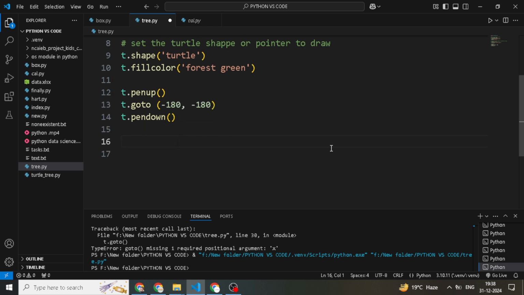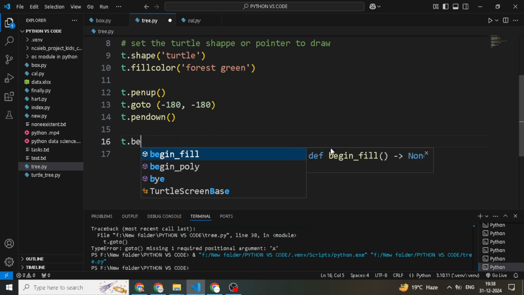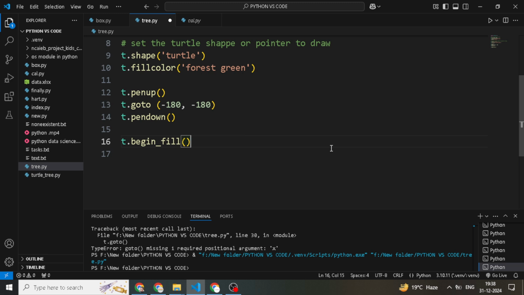Now t dot begin_fill, and we set the tree coordinates. We use begin_fill to tell the turtle to start filling the shape, and the turtle moves to draw the tree like this. I'm using some coordinates, so just copy the coordinates and use them.